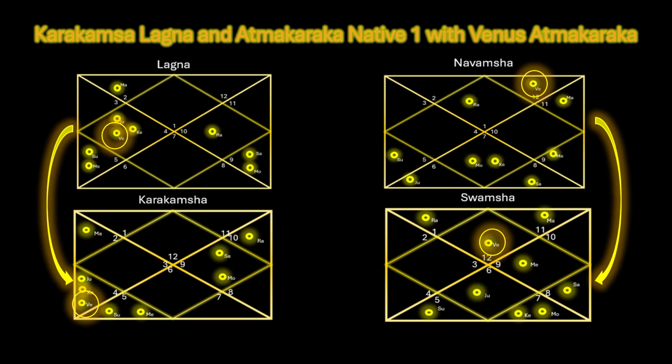In order to understand how to find out the Karakamsa Lagna, I have taken two examples. So this is the first chart, first individual that we are looking at, native 1. Over here, the Karakamsa Lagna is found along with the Swamsa Lagna, and I've done it for the second native as well, so that we can understand the difference in the two charts, and also I will show you how to find the Karakamsa Lagna.